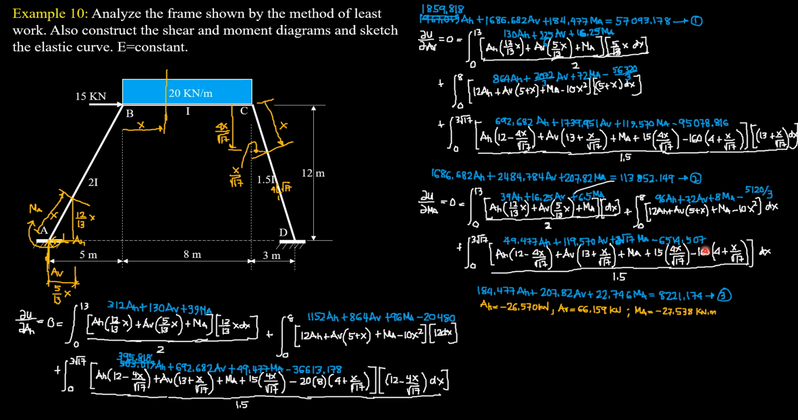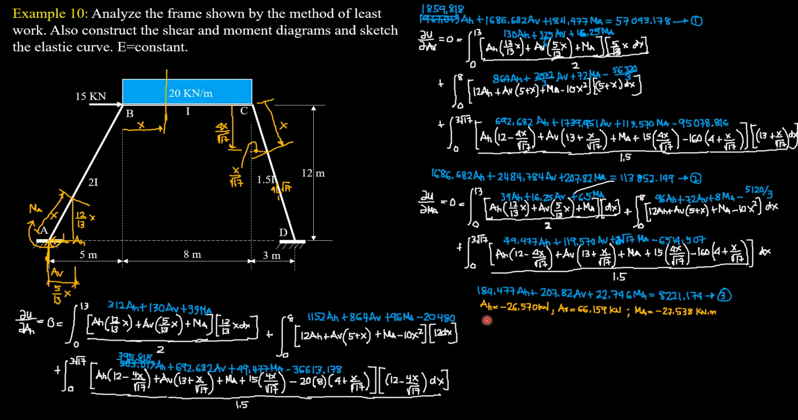6,514.507. Combining like terms, so we have 184.477 EH plus 207.82 AV plus 22.746 MA equals 8,221.174. So solving equations 1, 2, and 3 simultaneously,